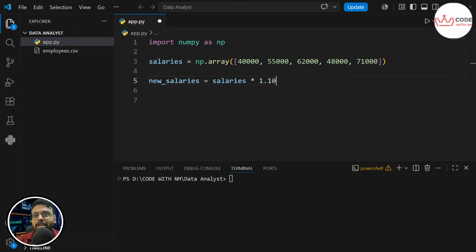I need to increase their salary by 1.10. If you get this, it's okay. If you won't get this, then I need to stop teaching programming for a bit and teach you mathematics. How many of you are getting this, salary into 1.10? Or else you want me to teach you the maths of this. Maths means the logic of the simple. It will take a few minutes, but I will explain this to you if you want. So comment it and I'm happy to explain how this number comes.